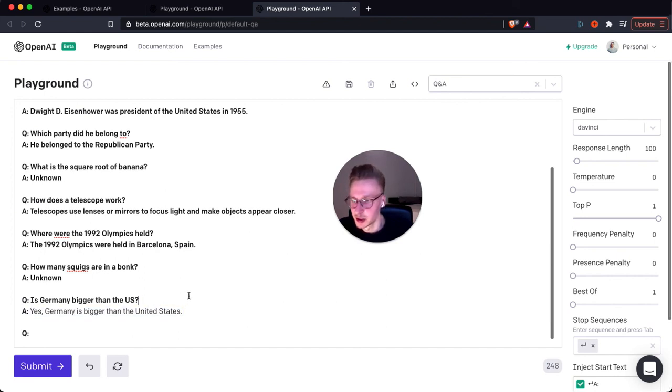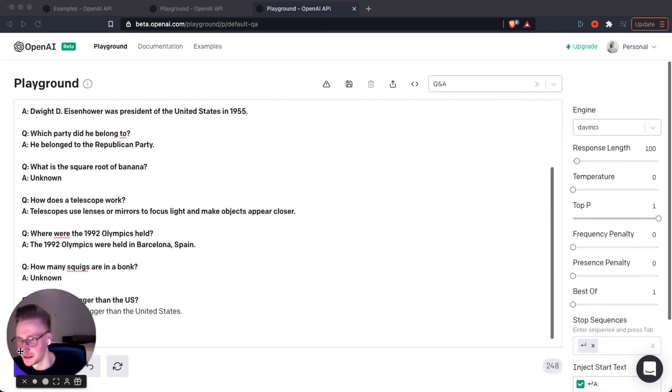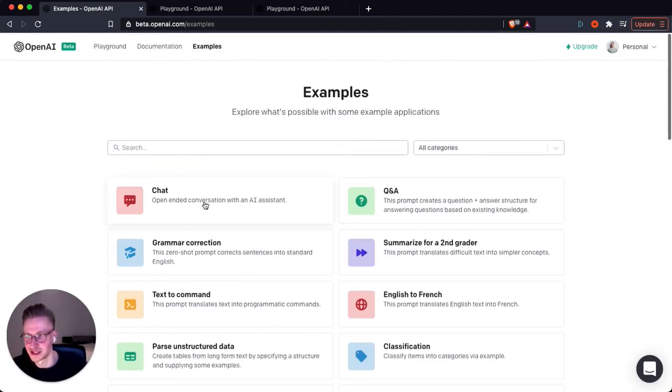I would pretty much doubt that. I'm pretty sure the country I live in is pretty small compared to the US. So we saw that GPT-3 doesn't have all the answers yet, but it's still super smart, and it's a lot of fun to play around with all those examples here. Let's get back to the presentation.